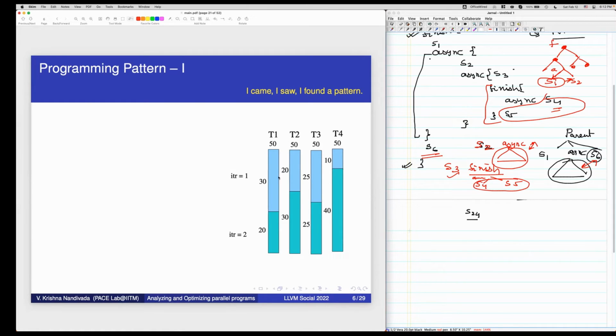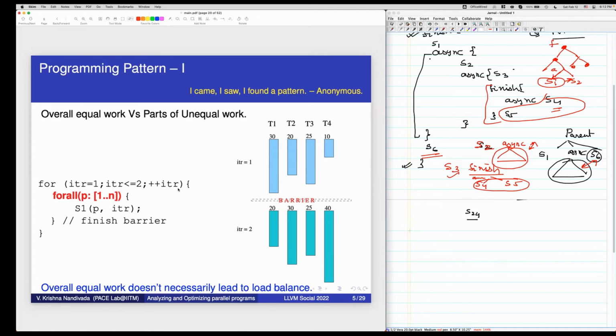See, the issue here was because of this barrier. Because of this barrier, T4 had to wait for T1 to finish.